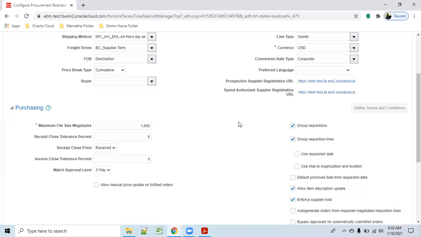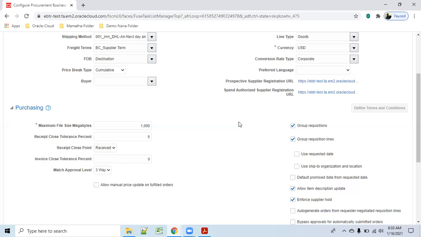A prospective supplier is not a full-fledged, regular supplier. When it is spend authorized, then he has all the rights. Means I can create the PO for him, I can create the agreement, I can create the negotiation, and I can create the contracts. But if it is a prospective supplier, we can create only negotiations.